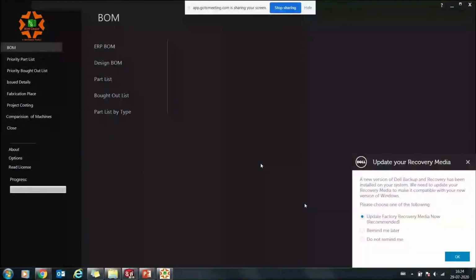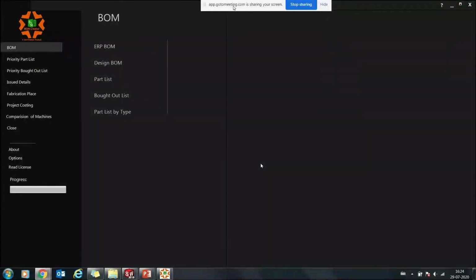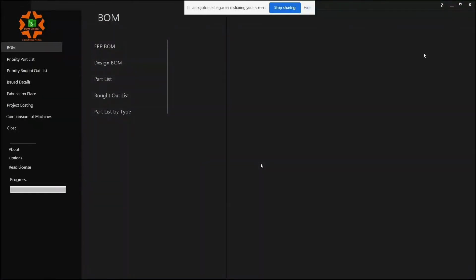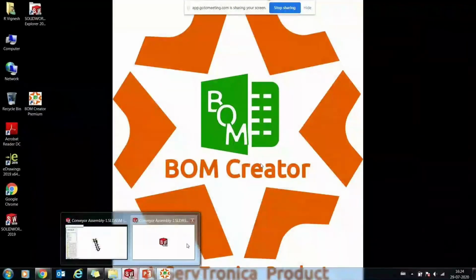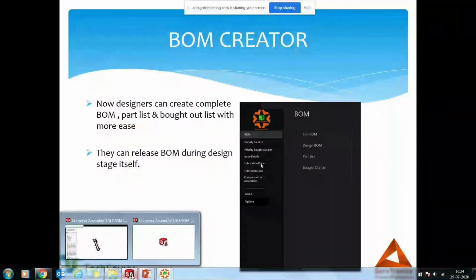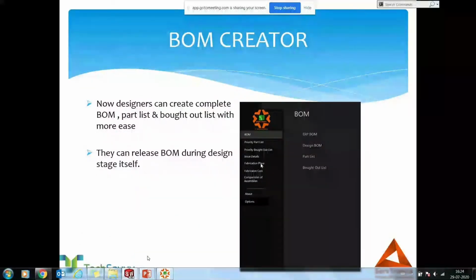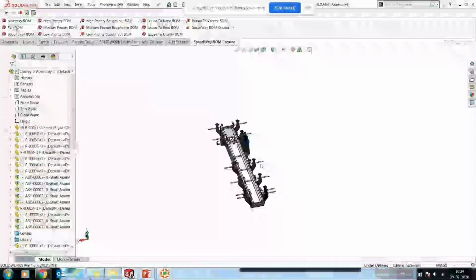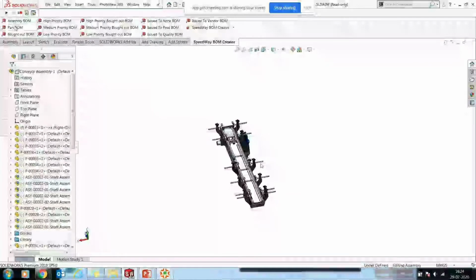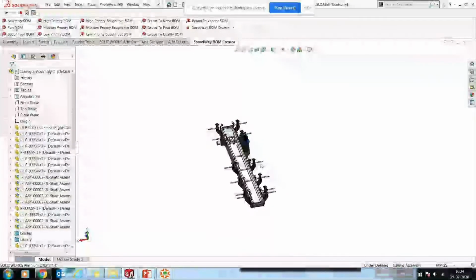So now I would like to tell you this is the basic interface of our BOM Creator. This can be used as a completely separate installation, wherein you can just click and launch the software, or as this is completely integrated with our SolidWorks CAD system, you can have buttons over here and start creating BOMs out of your SolidWorks window as well. We'll see both ways how we create a bill of material and what advantages we are giving you over the existing SolidWorks CAD bill of material.